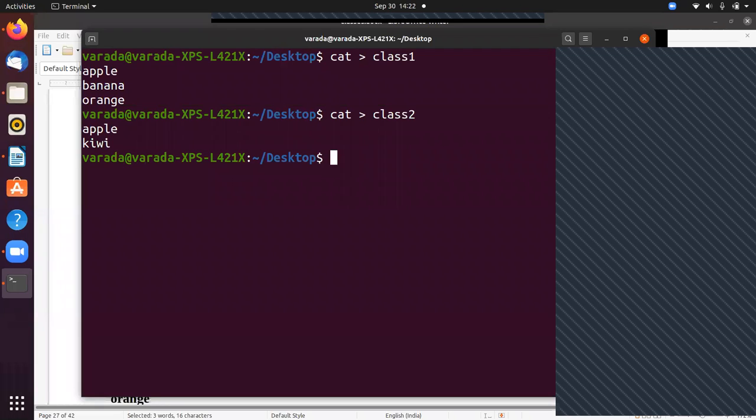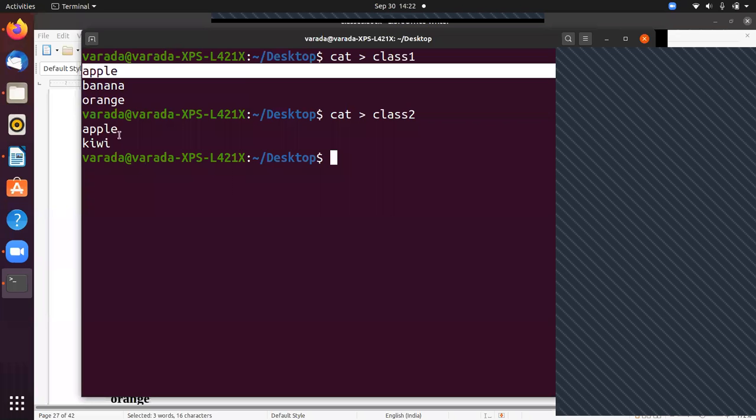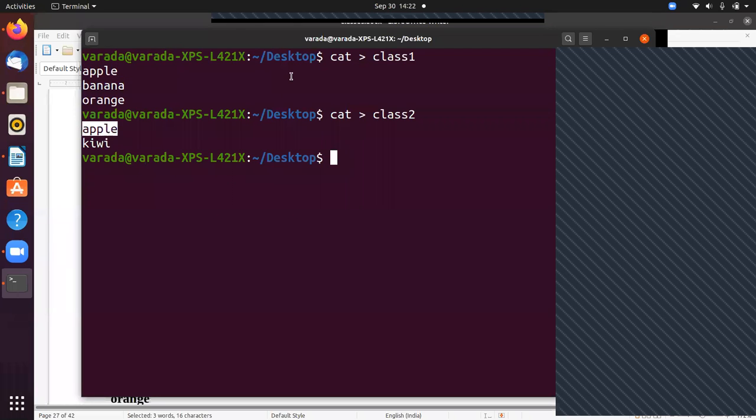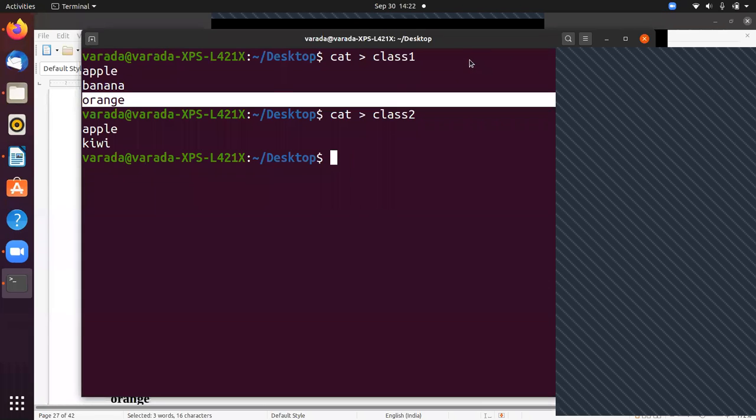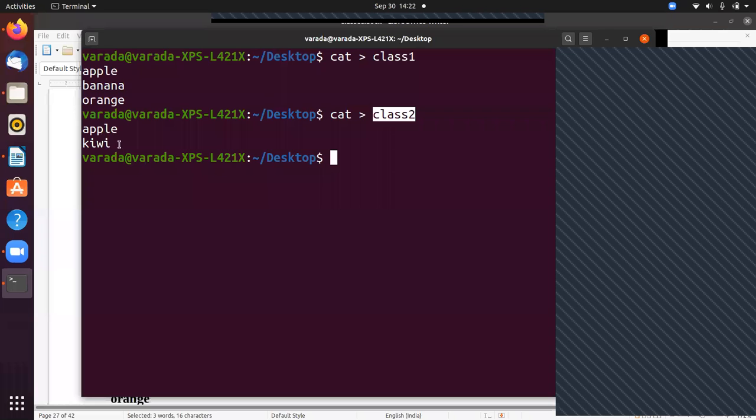Okay, so now you can identify which are the common lines in both the files? The common line is apple. And identify which are the lines unique to file 1: banana and orange. And identify which are the lines unique to file 2: kiwi. Okay, now we can know